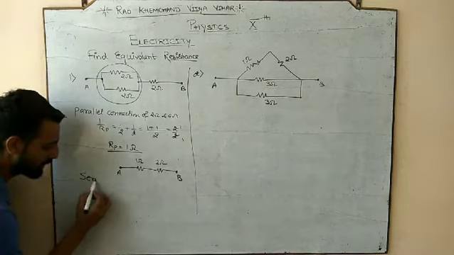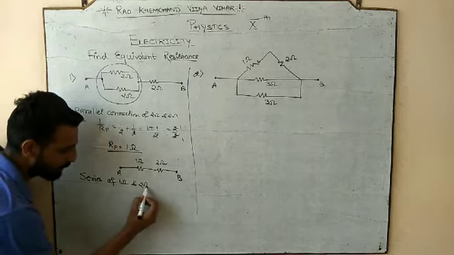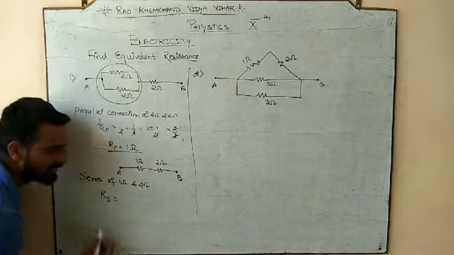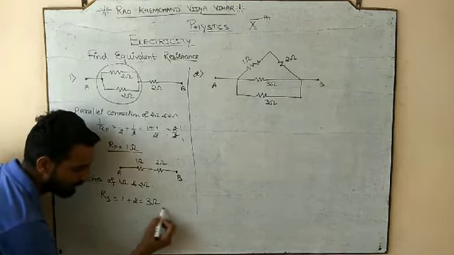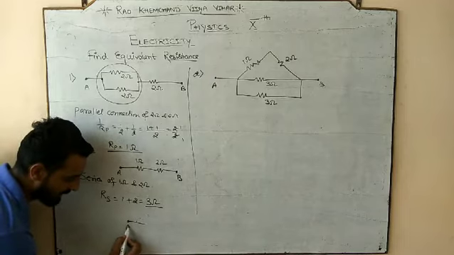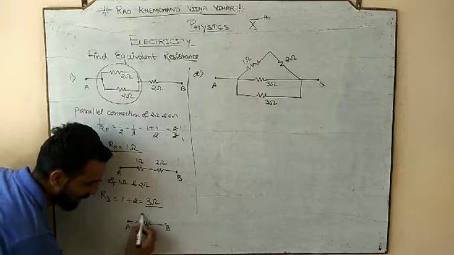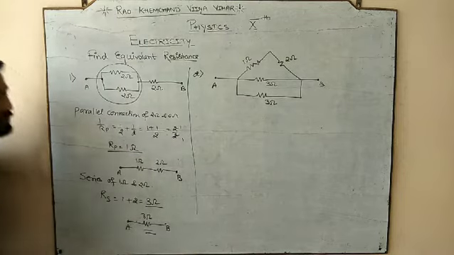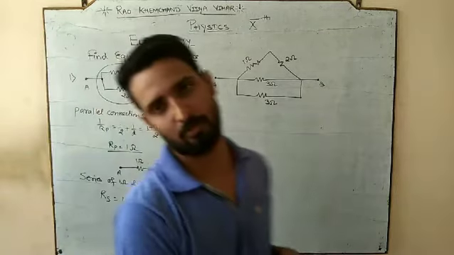So now you will mention the series of 1 ohm and 2 ohm. And what is the result of the series? It is R1 plus R2, and it is 3 ohm. So this is your A, and this is your B. So what is the net resistance between A and B that we got finally? 3 ohm. And this is the way of doing this numerical.